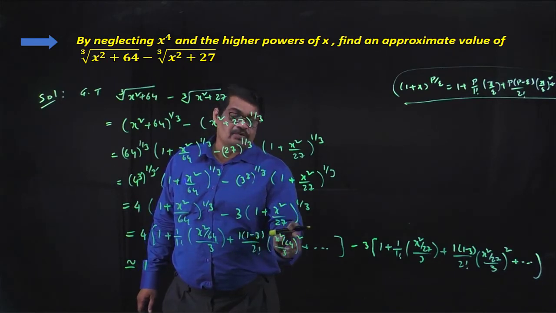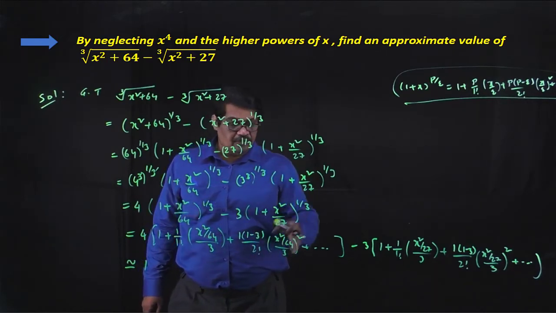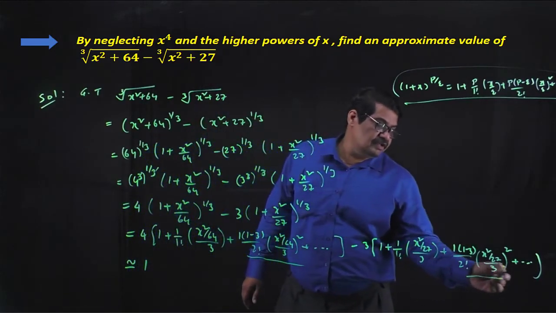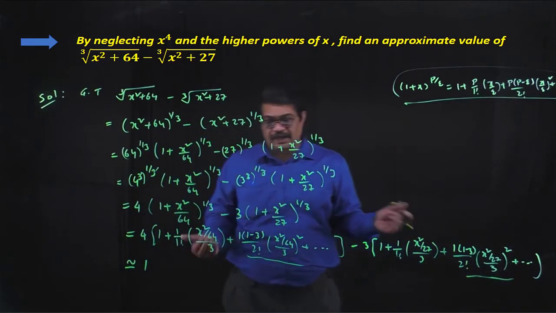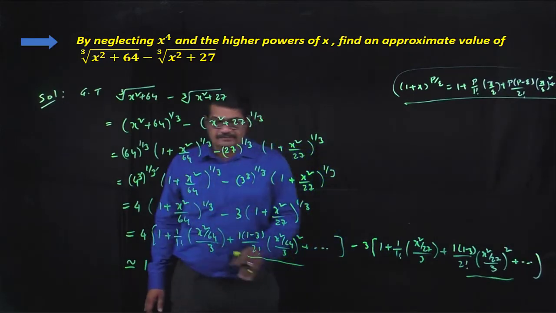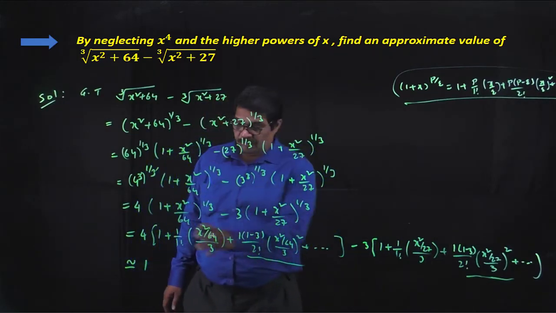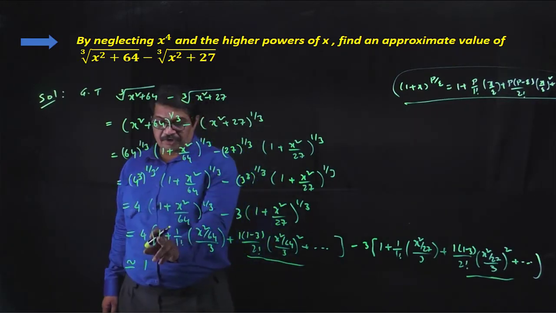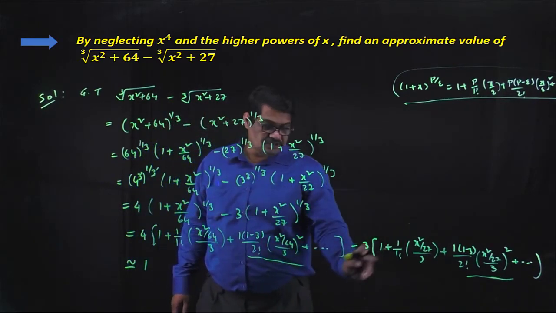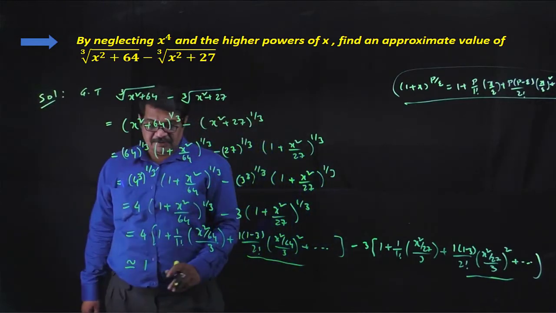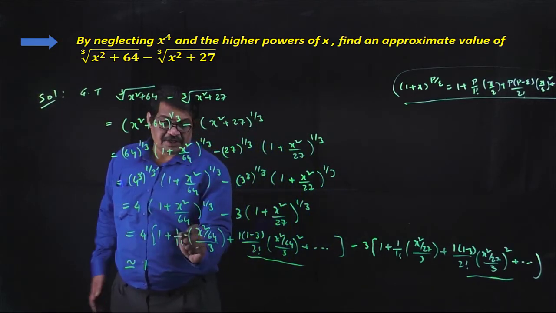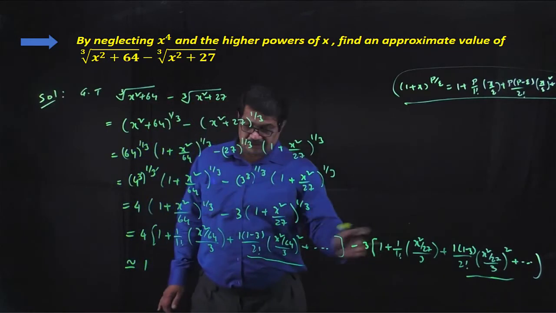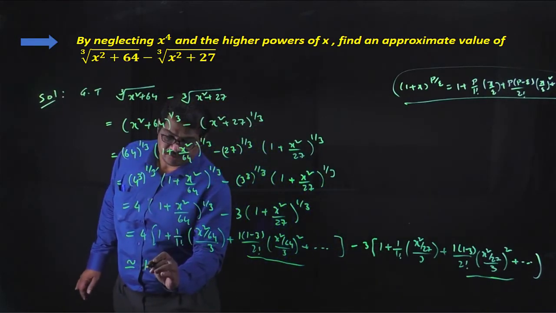So (x square) whole square, that is x to the power of 4. We are neglecting these terms, the x to the power of 4 terms. Now we are neglecting from the third term; we are taking only the first two terms. Here 4 into 1, 4 minus 3 into 1, minus 3, 4 minus 3, that is 1. Okay, next, here 4 times of this one minus of this one. Now we are writing this one as